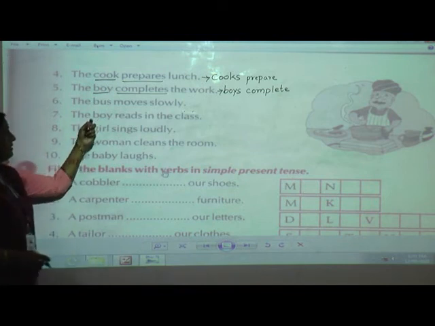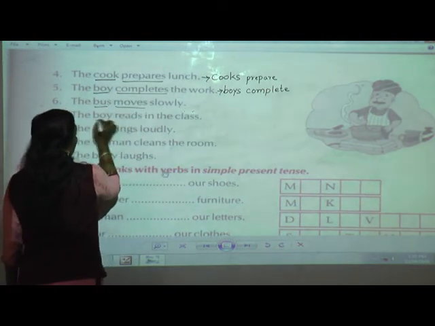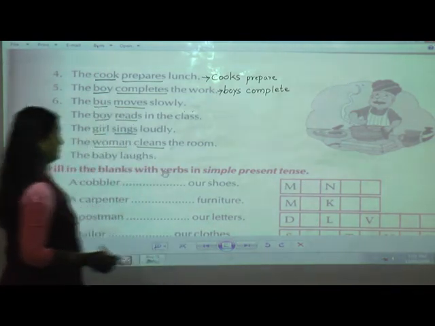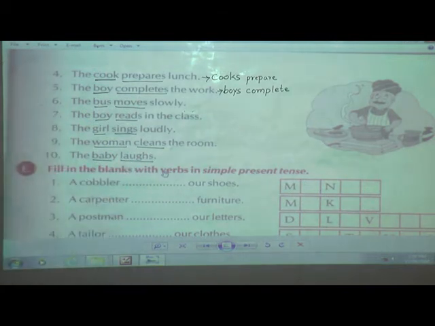So the remaining 6, 7, 8, 9, 10 you have to do as homework. If you want, I will underline where you have to make the changes. Okay, write it here only. Done, students? See, I am giving you homework so that you can understand what we have learned. So it will come to know how much you have understood or not. If you don't know, just keep it as it is.